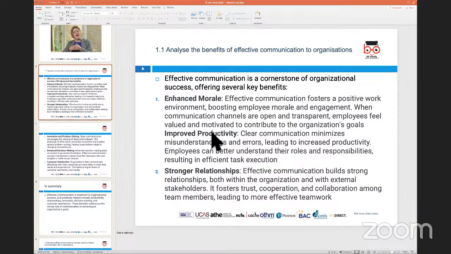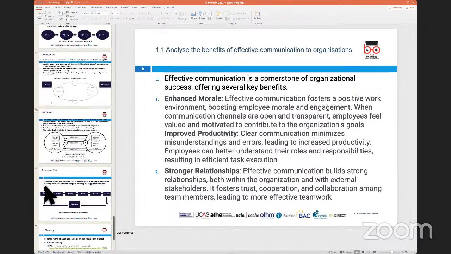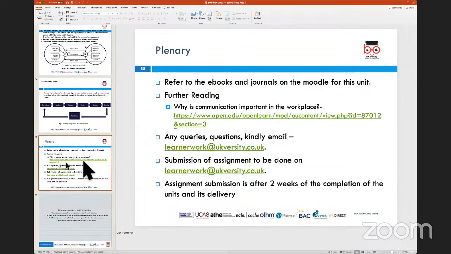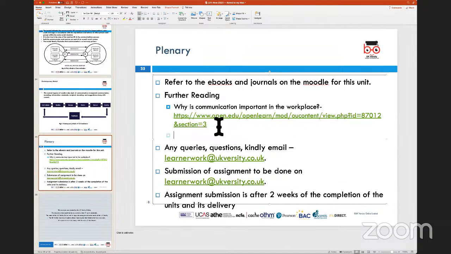For every session, I will generally have, for example, a last slide, which is called the plenary slide, in which I will say, for example, read the different organizational structures handout. So this would primarily be the additional reading that you will need to do, and it would essentially be very useful for you to build your understanding of what is required overall.